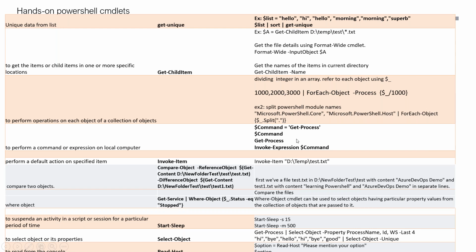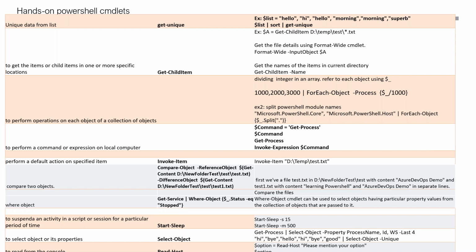Okay, and you have a command. You already saw Get-Process, and if you want to execute some exes, or you want to execute some software, I mean you want to run them, you can use the Invoke-Item command. Okay, you can open it if it is a file, etc. Okay, and you can write some logic inside your single commandlet itself.